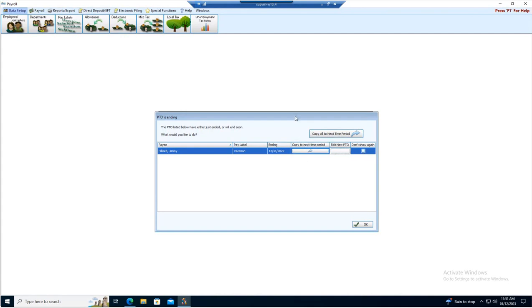But you do have the ability now in the software to be able to set periods of time for which PTO, paid time off, or whatever the pay label is, it can be set for and tracked for. Okay. Most folks in this case, until you're kind of familiar with it, what I've suggested is just check do not show again and click OK. Okay. But if you don't, you can do copy to next time period, copy all to next time period. And that would really be important if you have multiple employees that are in here,